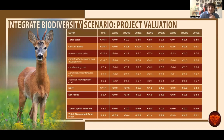So for the biodiversity scenario, coming back to our project plan, we have gone through the same DCF process. As previously stated, we hold the base assumption consistent, where we break the ground and initiate construction of houses and infrastructure in 2024, with the first completed houses available for sale in the market in 2025 and being sold out by 2030. Now, in this scenario, though, while the housing construction, individual garden land, infrastructure clearance, and construction remains unchanged,